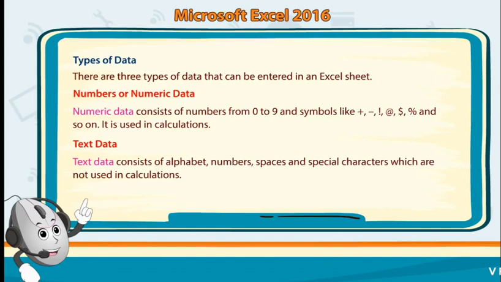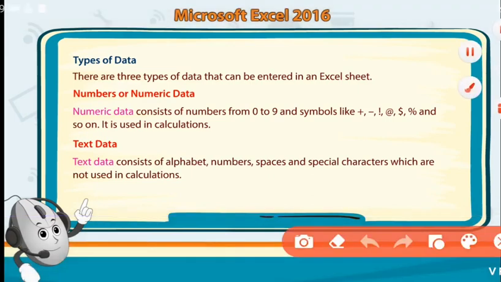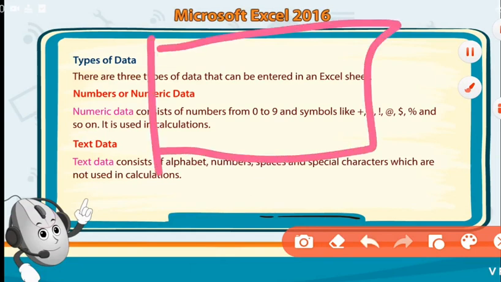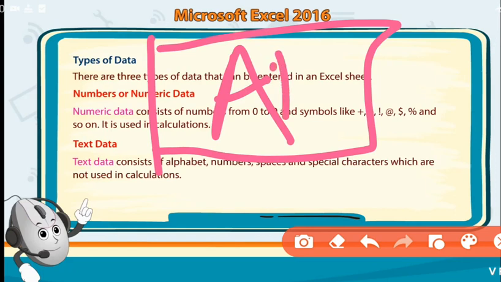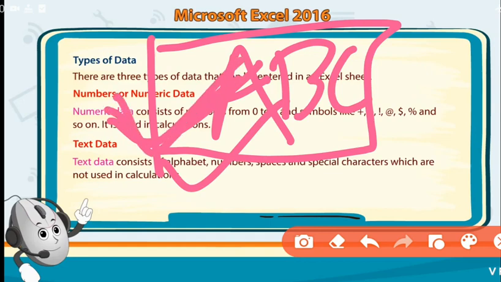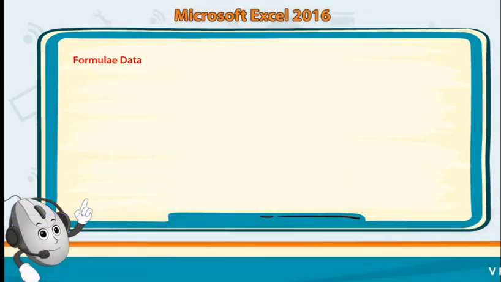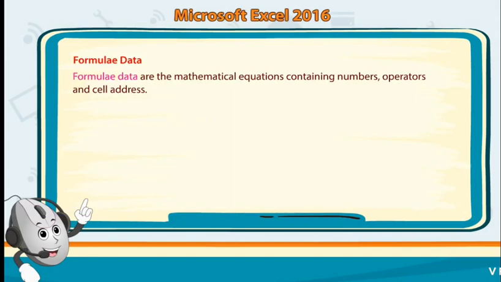Second is text data. Text data means you will enter the text in Excel in the form of characters. कैसे करेंगे? जैसे सपोज मुझे किसी का नाम लिखना है इस सेल के अंदर, ये मेरा सेल है और मैं यहाँ पे नाम लिखना चाहता हूँ. सपोज मैंने लिख दिया यहाँ पे A B C. सो दैट इज द टेक्स्ट डेटा. कहता है ना टेक्स्ट मैसेज कर दीजिए मुझे. So that is called the text data. First one is a number, second one is text data. Text data consists of alphabet always.